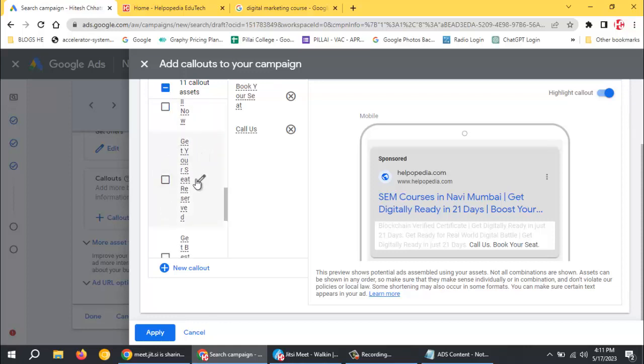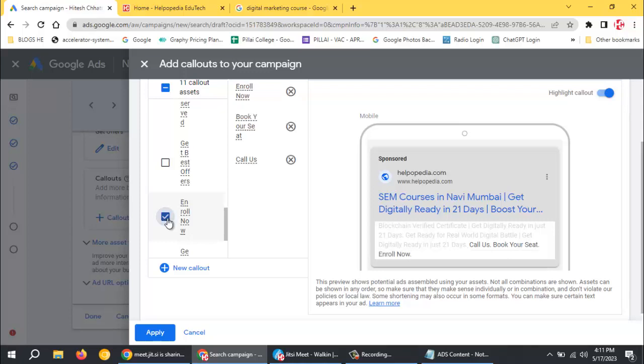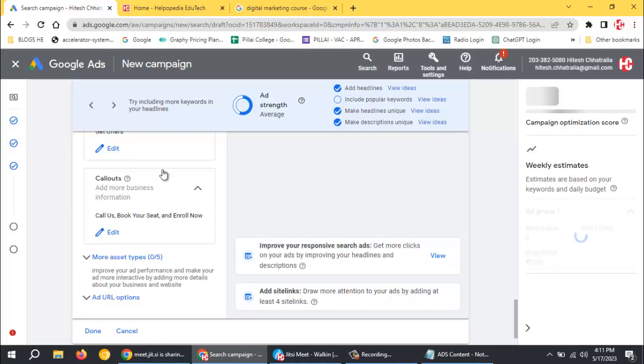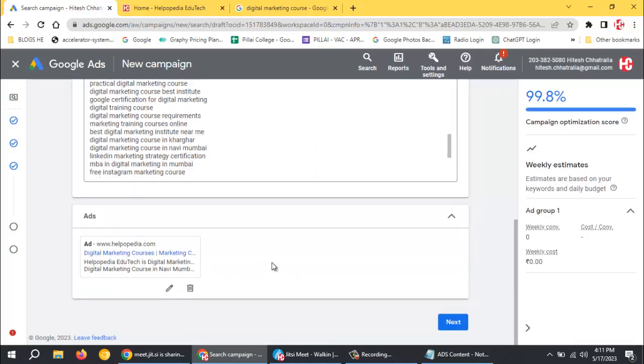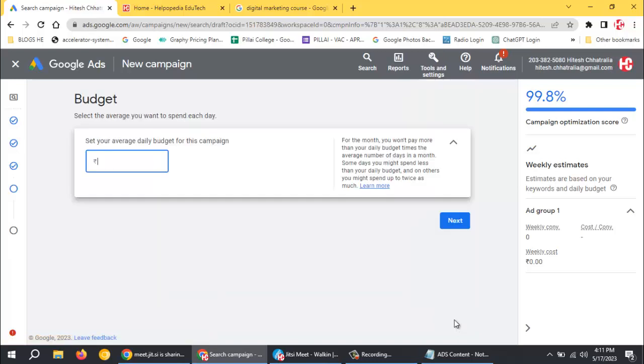Then get your seat reserved. Okay, so enroll now I can use. So like this I can use various call outs, and after that I can say done over here. So now you can see my ad is created, and once my ad is created I will click on next, and now I need to provide my daily budget. So how much amount I am ready to pay per day. So I'll say 500 rupees per day, and then I'll click on next,